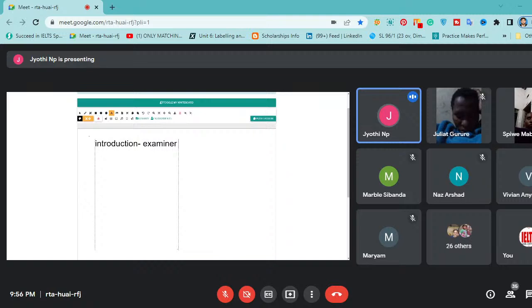Then the second is the supporting sentence. I'll explain everything in detail. And the last one is where you are going to conclude the body, conclude the main point,